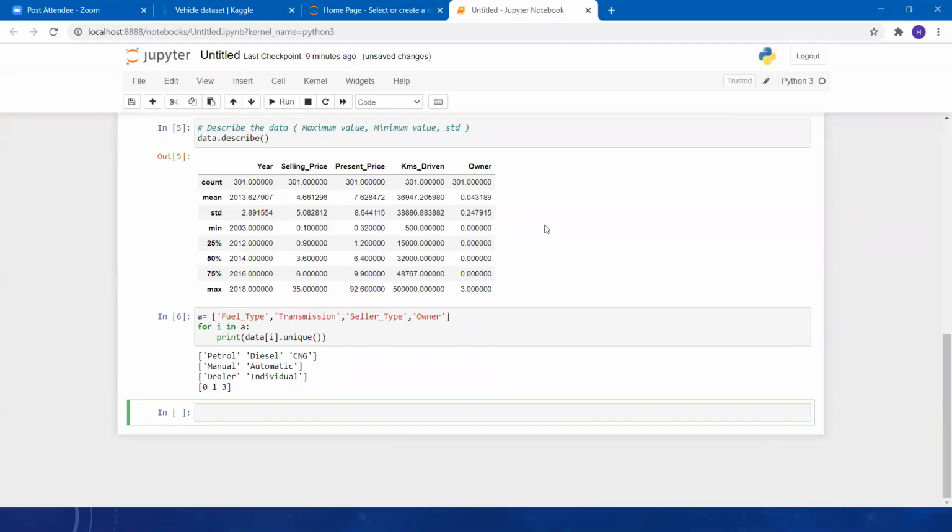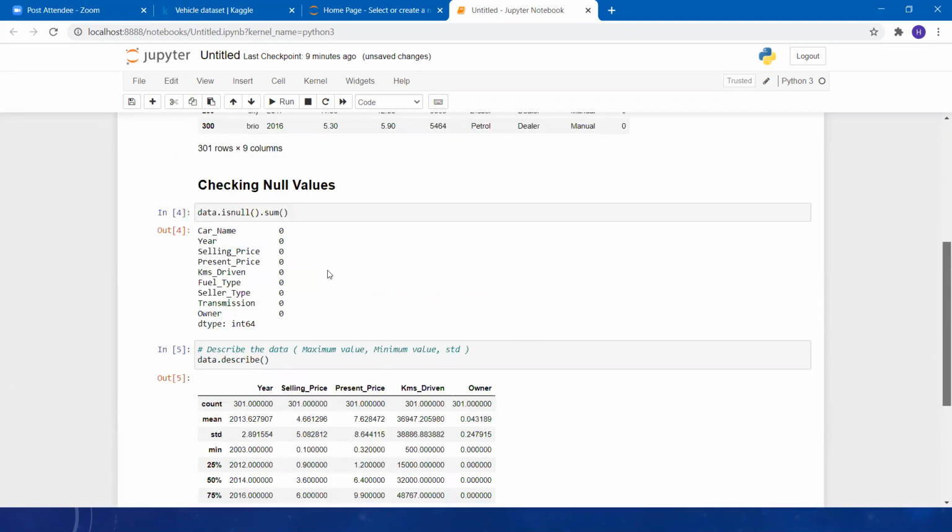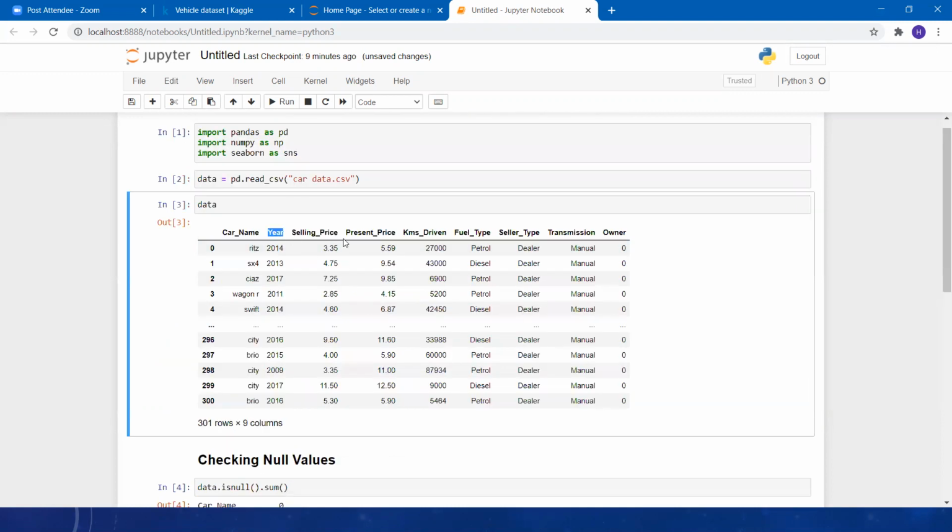Now let's do one thing. Let's finalize our data. Let's do some pre-processing over here. Now can anyone tell me what we can do with the help of the year column? How can we handle our year column over here?